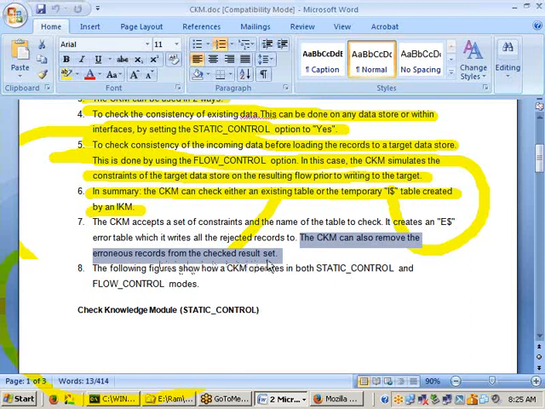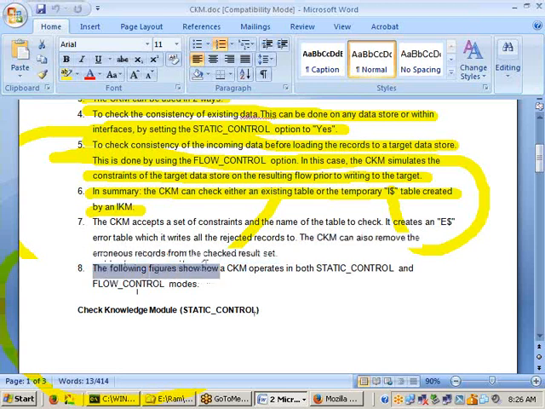Suppose a business user corrected one record. You said first name is null, and that null record was moved into the error table. You corrected that one in the error table. Next time you load, it will also check the error table. If any records are corrected, it will take them and load them into the target. First time you load, 10 records are error records. By the second load, 5 of these 10 records are corrected by business. What will happen next time, sir? Whatever is available in the source, 100 records, plus the previously erroneous records, 5 out of 10 that are now correct, will also be loaded into the target.